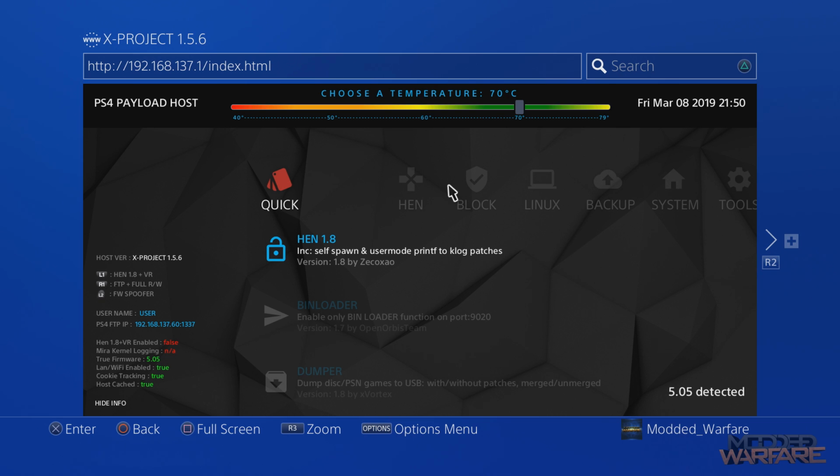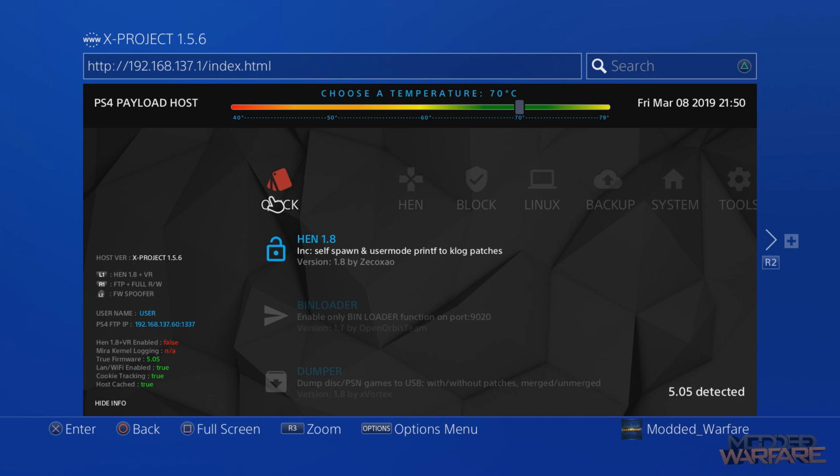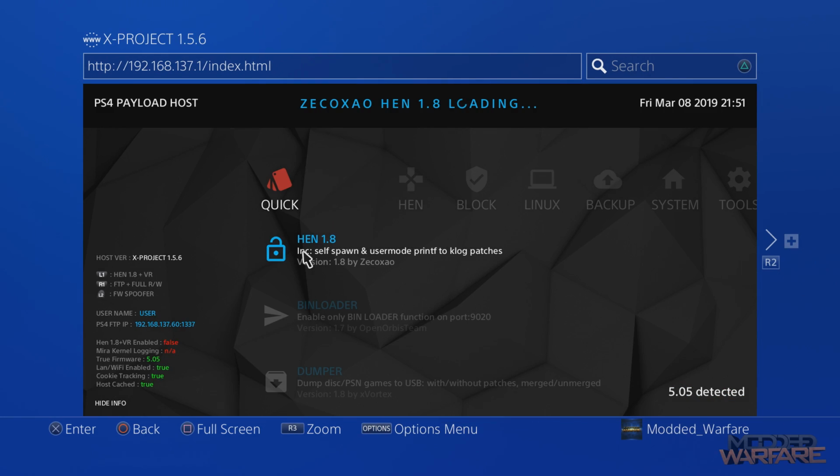Again, this version with the fan speed control is not available yet, but at some point after I upload this video, could be a few days, could be a few weeks, this version will be released at some point soon in the future, so keep on the lookout for that. In the meantime though, let's actually load up Hen version 1.8, and we'll go ahead and, oops,